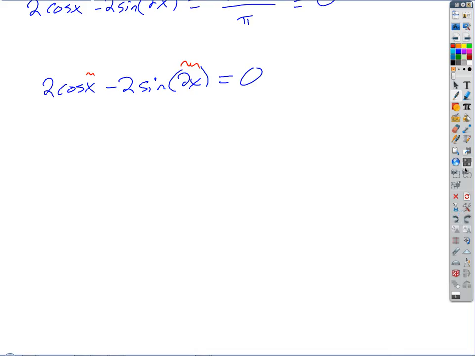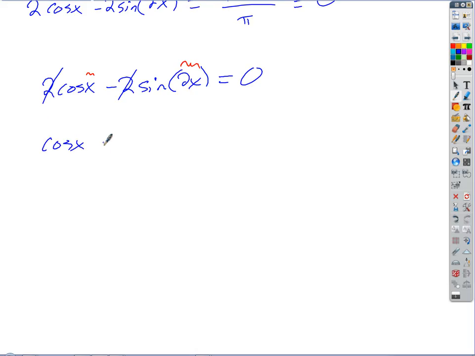Can't you move the 2 sine 2x over to the other side first and then cancel out the 2's? Yeah, we could cancel the 2's right now. You don't have to move it up. Yeah, we can do that. That's not a bad idea. Okay, so then we end up with